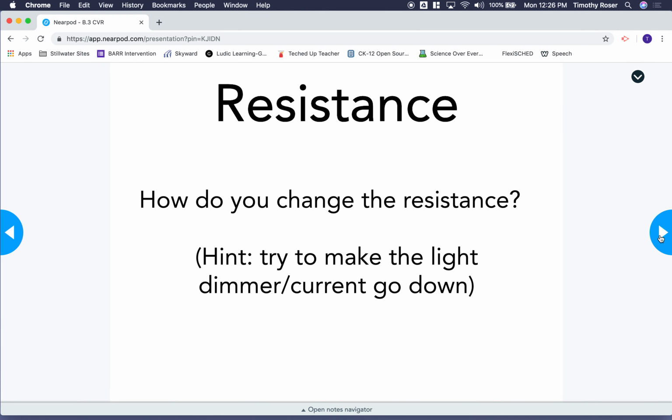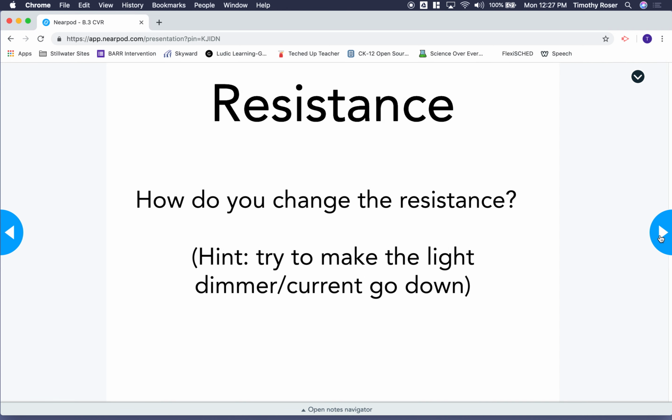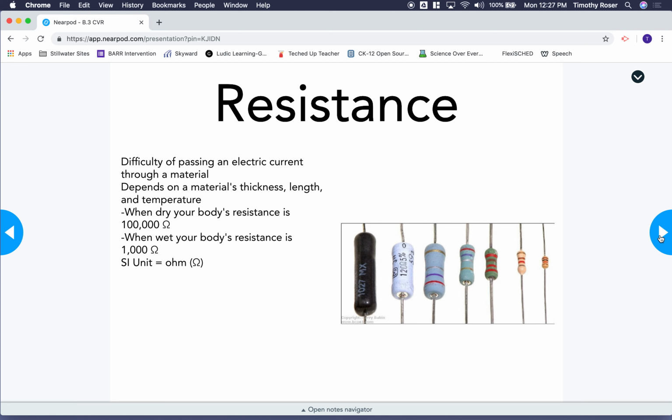Now, I want you to go ahead and try to change the resistance in that circuit that you built. The hint for this is: try to make the light dimmer, or the current, that orange needle, go down. You can change the circuit in any way that you want, using whatever pieces you want. So go ahead and pause the video and try to make that happen. All right, so